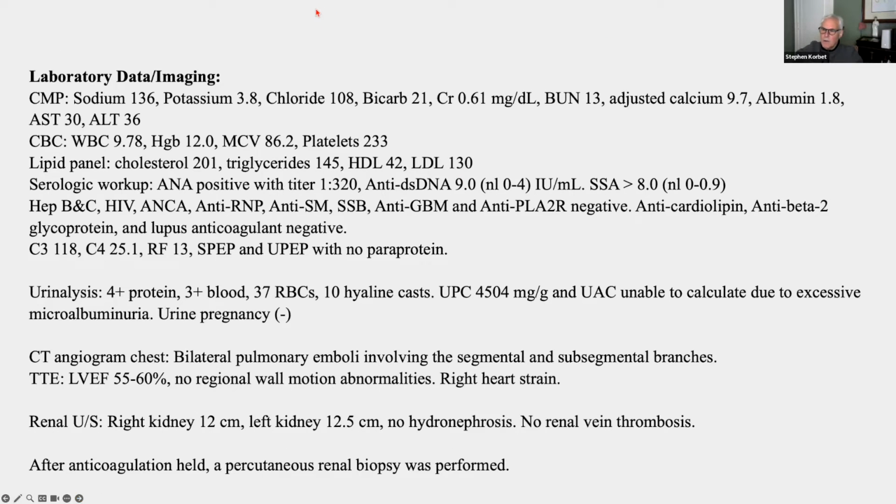And as an aside, are we calling it idiopathic membranous again, or is that... Roger? Well, yeah, whatever. I'm going to move on. Dr. Reen, you wanted to say something?